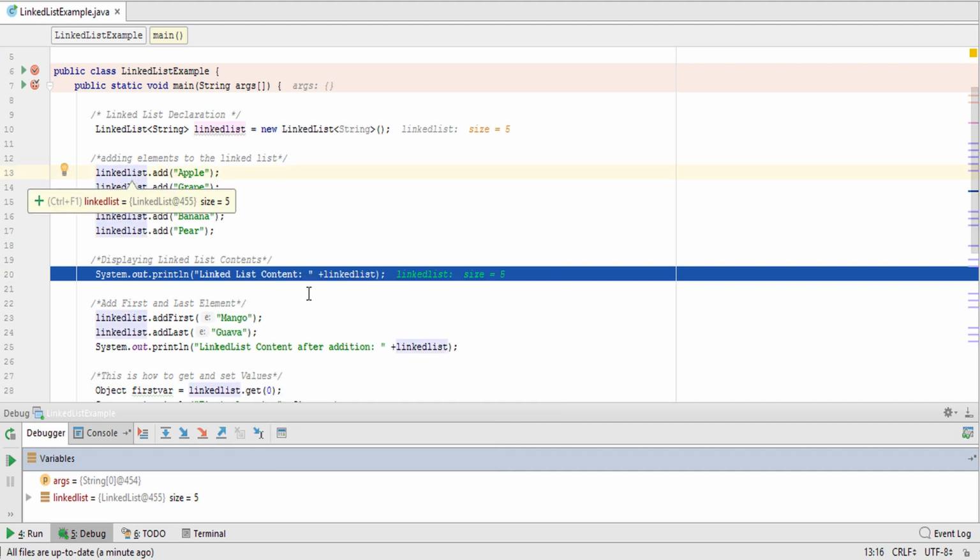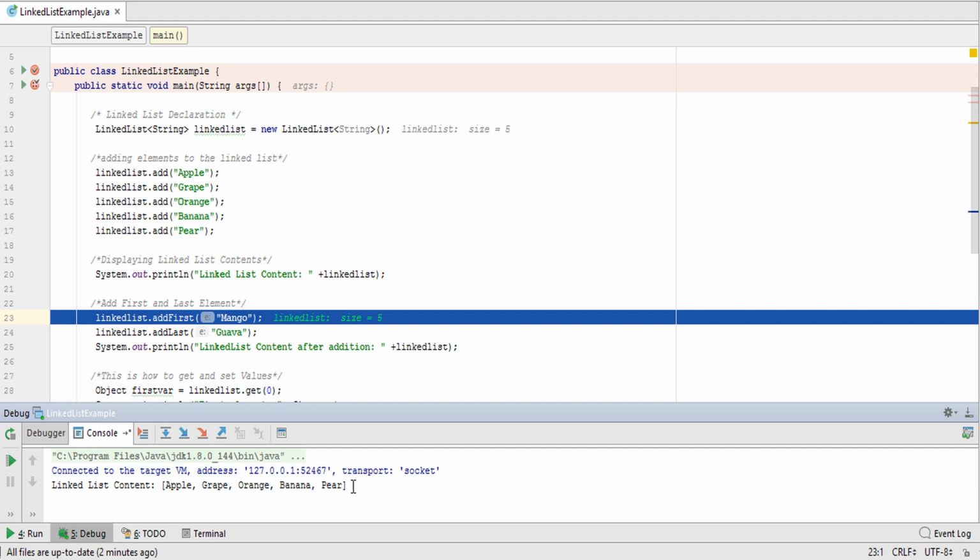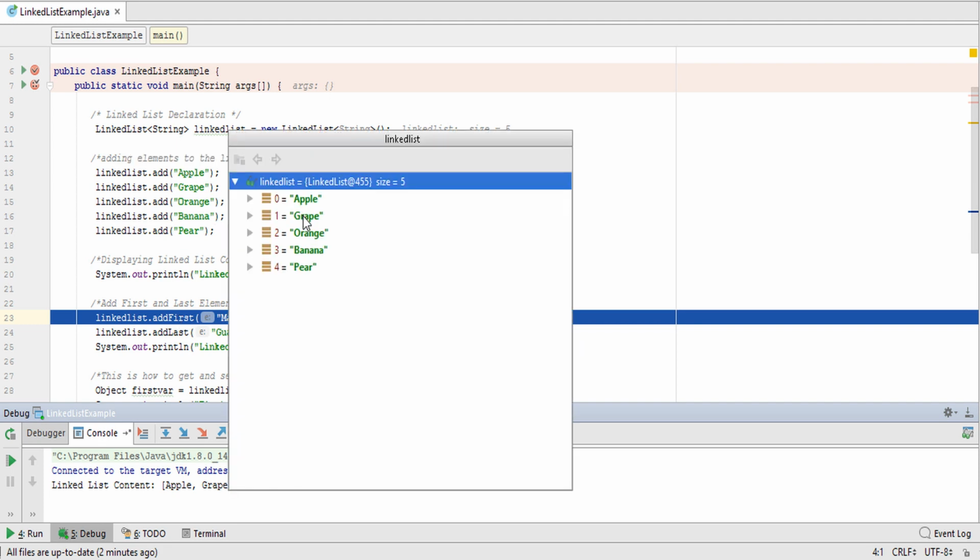So let's print with the help of this line. This line will print the elements of the linked list. You can see in the console that the linked list elements have been printed. And let's add mango at the first position. Currently we have apple, grape, orange, banana, pear, so we will add mango at the 0th position.